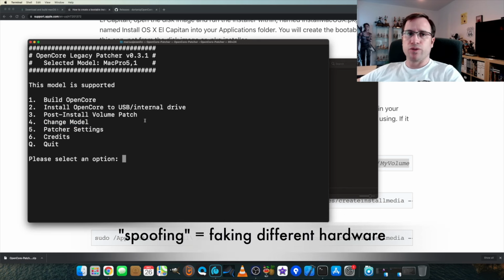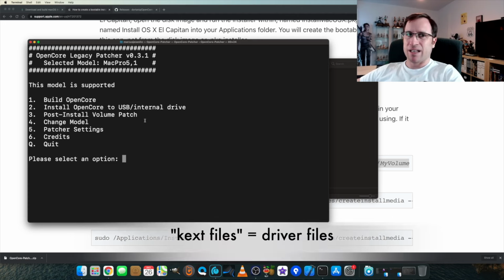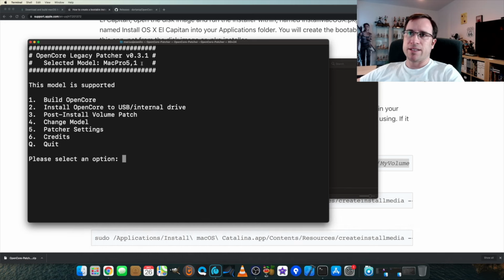Don't spoof any other hardware model here, because it will install the appropriate patches and kext, the driver files that fit to your device. Okay, so be sure that your device is the selected model. And then it just said, okay, this model is supported. That means it's supported by the OpenCore Legacy Patcher, not by macOS Monterey or Big Sur.